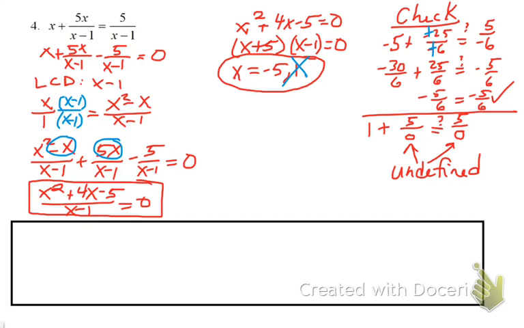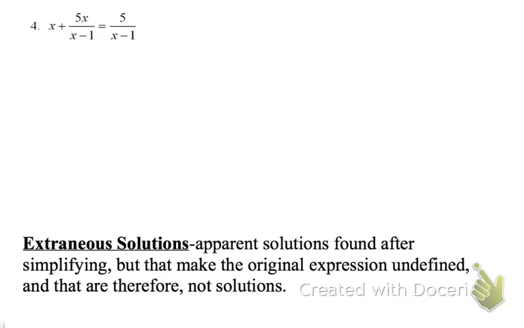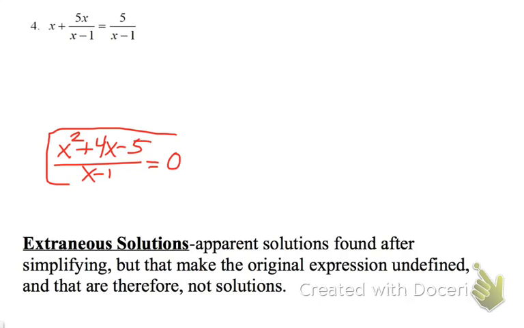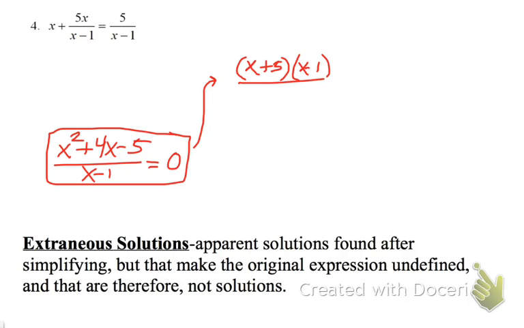What we say is we call it an extraneous solution. It appears to be a solution, but it makes the original expression undefined and therefore is not a solution at all. And what we could have seen during the problem, when we got it to the point of combining to have one fraction equal to 0, when we got to this point, we solved the numerator equal to 0. An alternative approach is if we had kept the numerator but factored it in the context of the rational expression,